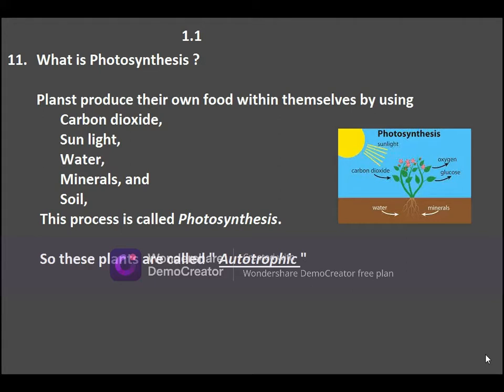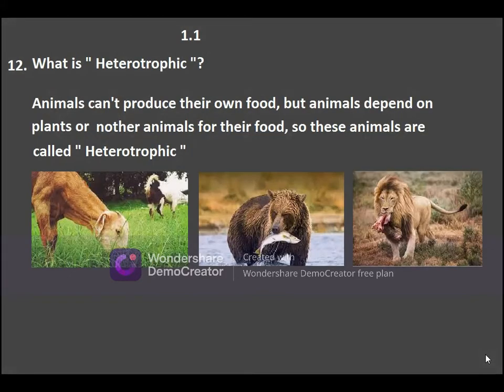This process is called photosynthesis. So these plants are called autotrophic. 12. What is heterotrophic? Animals can't produce their own food, but depend on plants or other animals for their food. So these animals are called heterotrophic.